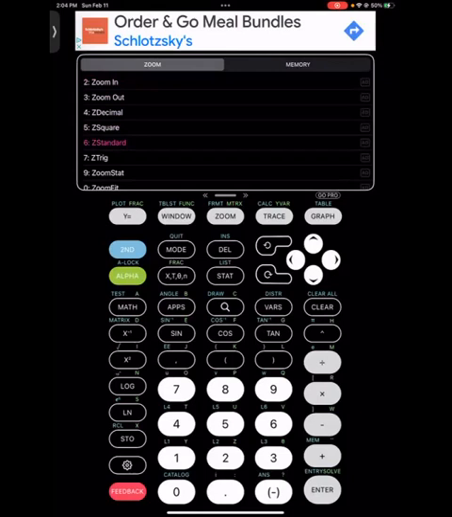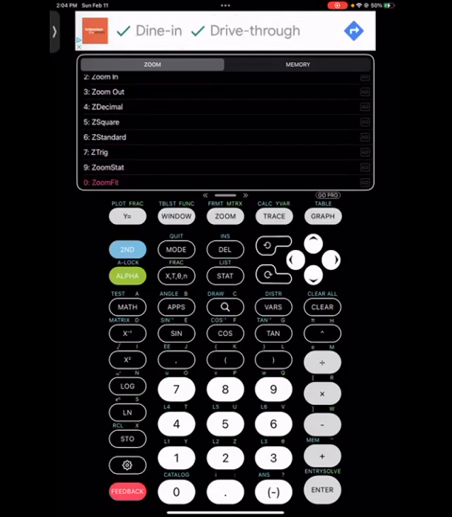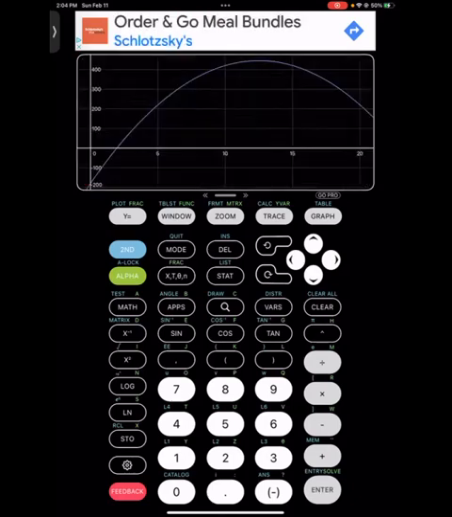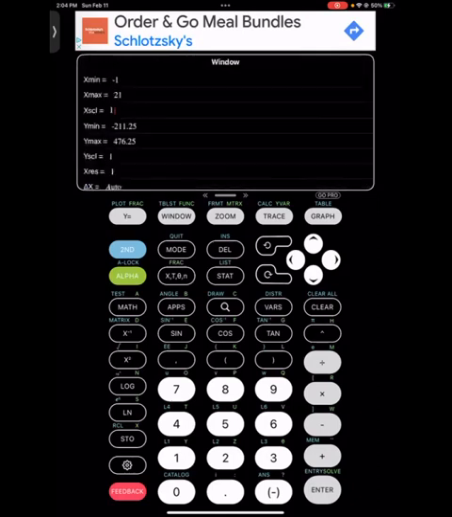So a good way to start over if your function just looks weird and you just did something else would be to do zoom standard. But here I know that my x's should be between 0 and 20. I already set that. I don't want that to change. So I need to fit the graph in between whatever y values. Zoom fit will always keep your x values and change the y's to fit where the graph should look like. So I'm going to do zoom fit and it automatically changes the y values in my window